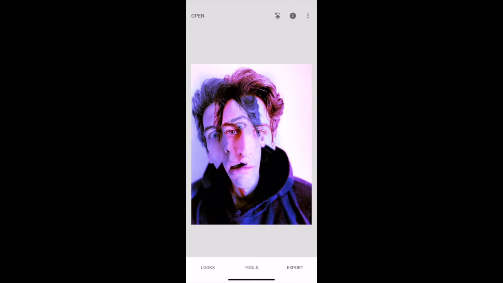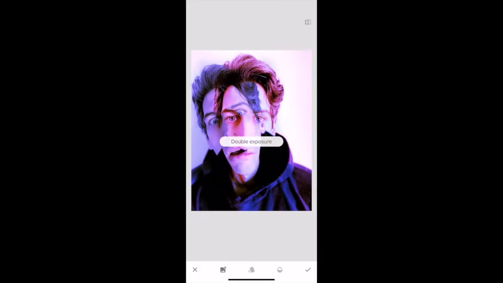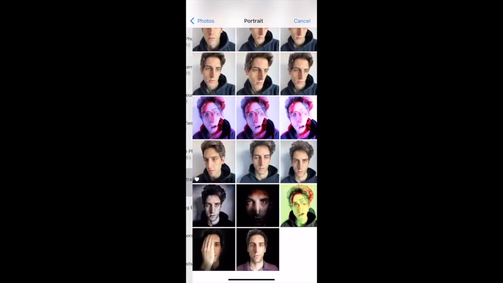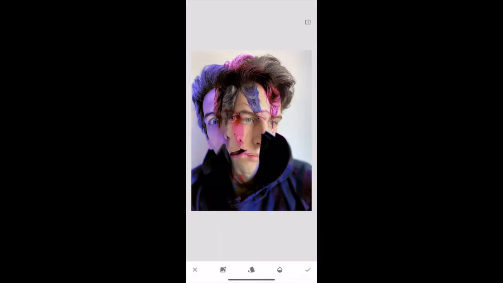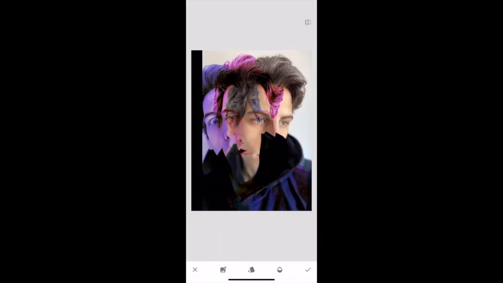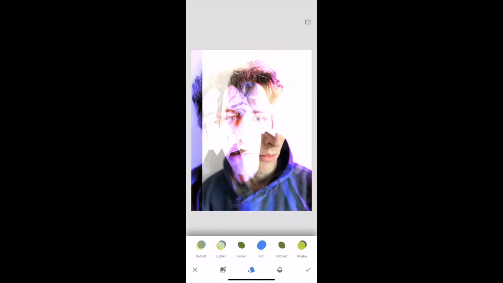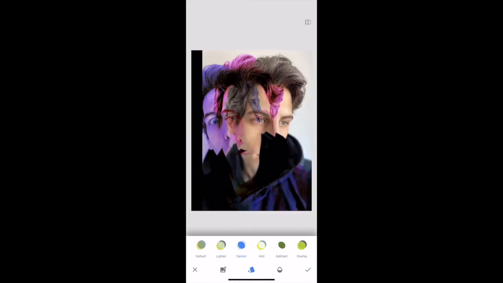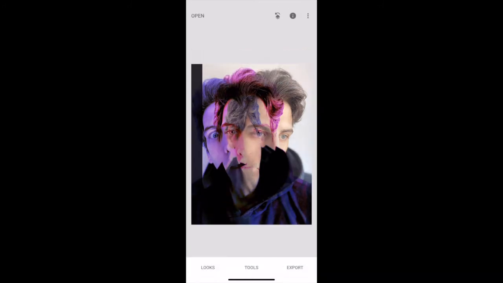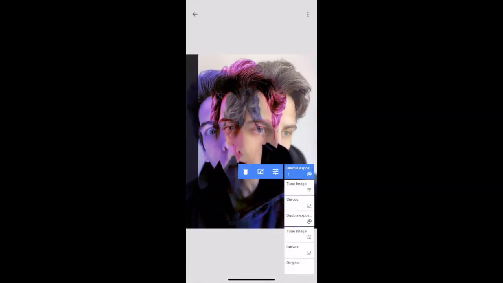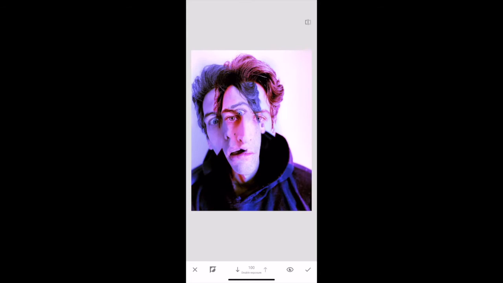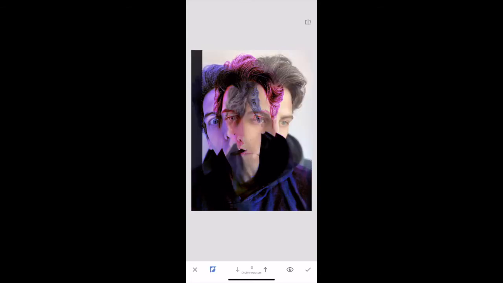Now you can add another image to double expose on top. Remember how I said go to layer mask to remove that edge? So here I'm going to show you how to do that again. So view edits, brush tool. You can even press the invert button, which is next to the cross button, and basically it brings out that